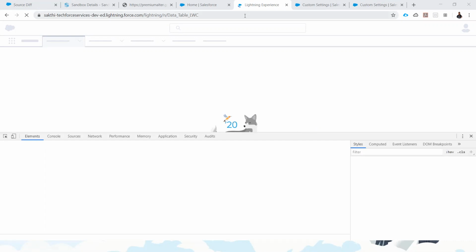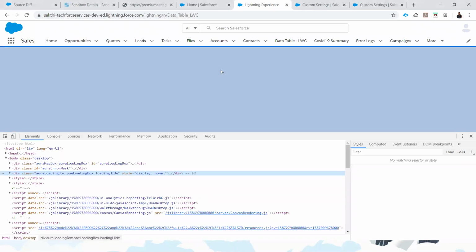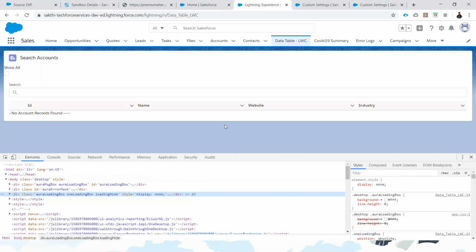It's a bit slow. Yeah, it's loading. Yeah, it's loaded.